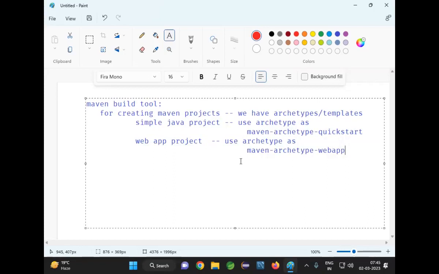Now we are creating a simple Java project. We are not creating a web application project. So whenever the project is a simple Java project, we are going to choose the archetype Maven Archetype Quick Start. Maven Archetype Quick Start is a simple archetype for creating a Java project. That's what we are going to use. And one more,